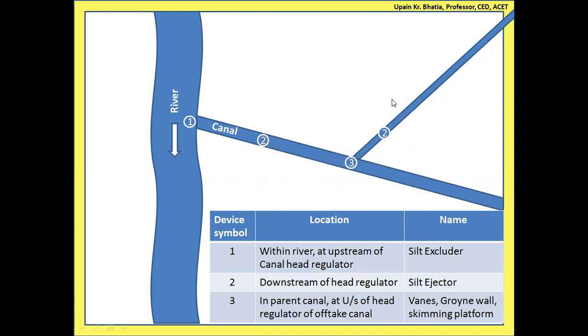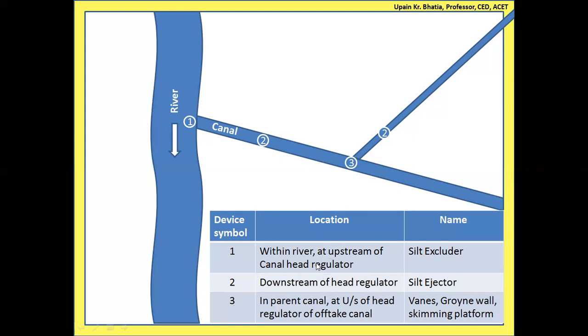Generally, no silt enters from the side, but still there are chances that along with the rainwater which is directly entering into this canal network from the immediate banks, some silt load may get incorporated into it. And if that is considerable, then you can always provide the second, that is silt ejector, just to remove the silt. So today we are going to discuss this third type in the parent canal.